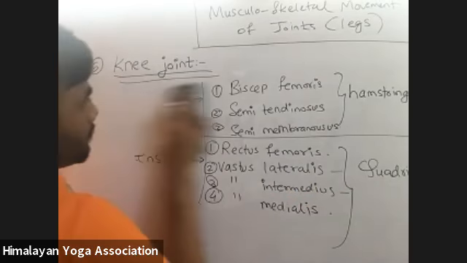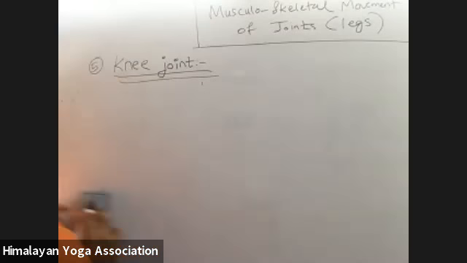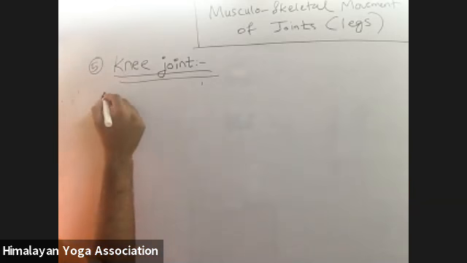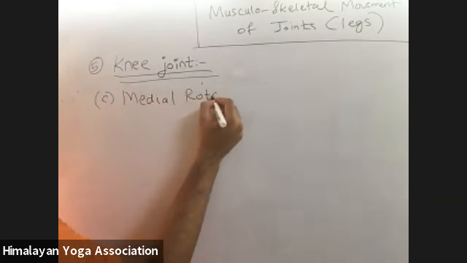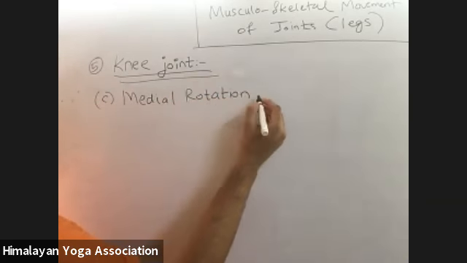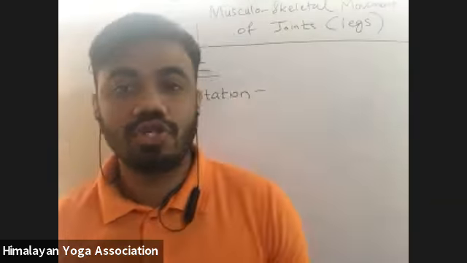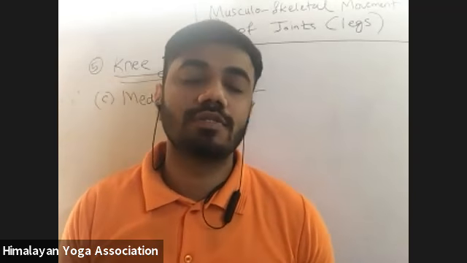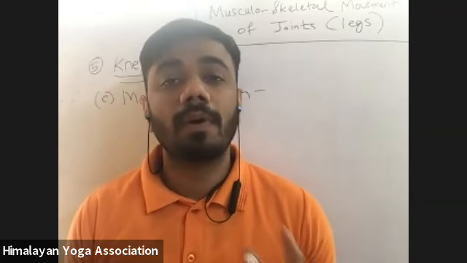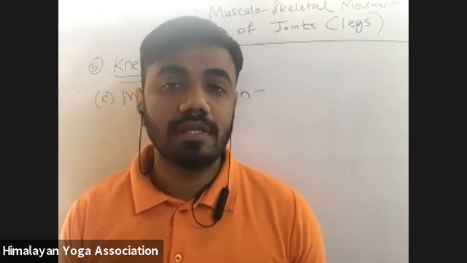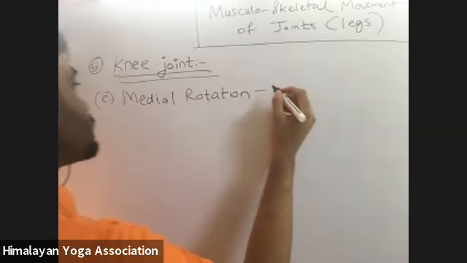The next is medial rotation of the knee. So, number 8, the medial rotation of our knee. In the medial rotation of our knee, which muscles are getting engaged? We have one small muscle which gets engaged. That muscle is known as the popliteus muscle. I will write the name, popliteus muscle, along with the sartorius muscle.